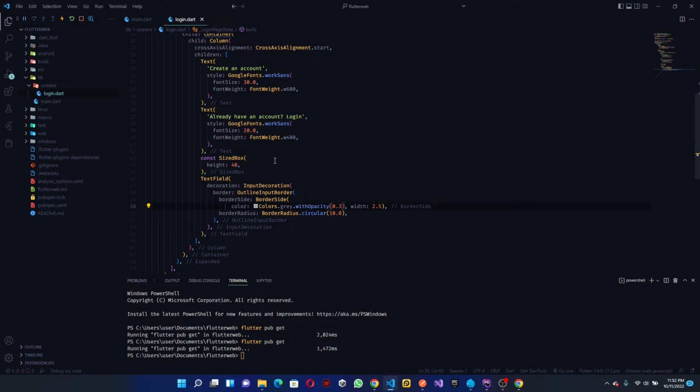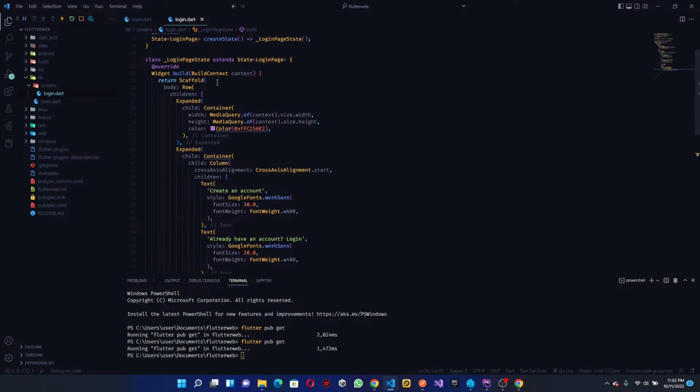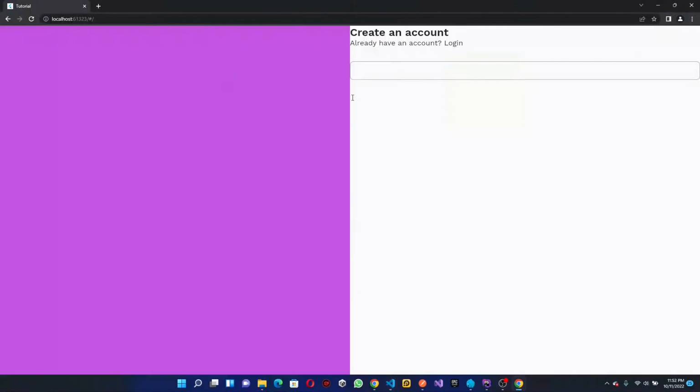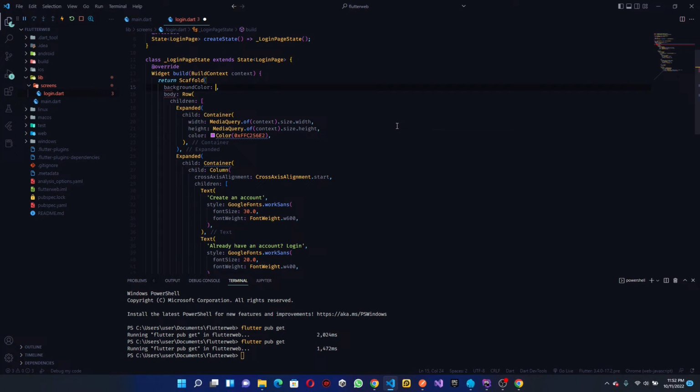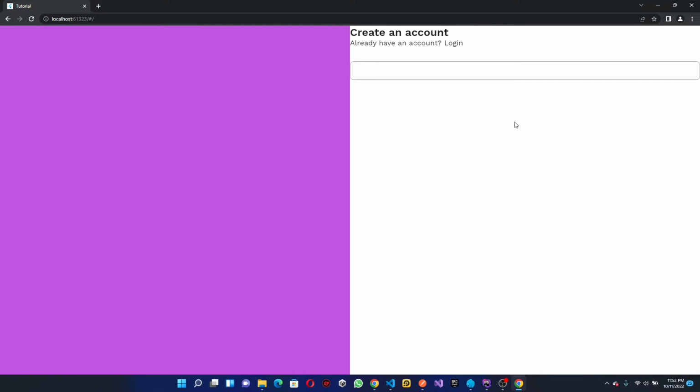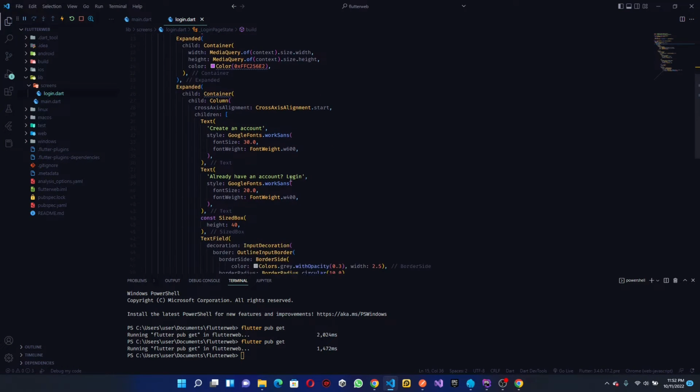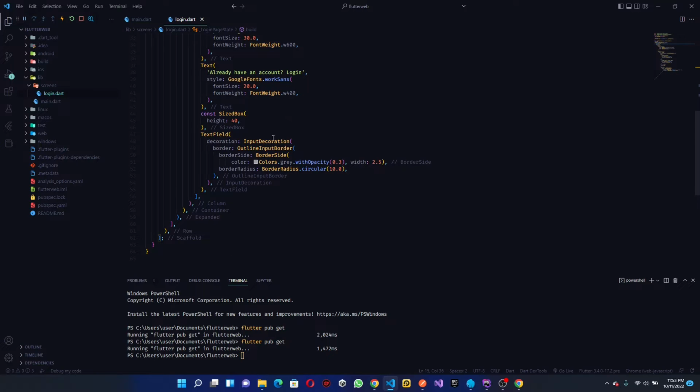Okay, seems fair enough. Then I just noticed that the background color is white. I'm not sure what we're having here, it is white. Let's do background color should be Colors.white. Okay, all right. So once that is done, I notice that they have a text at the top, so